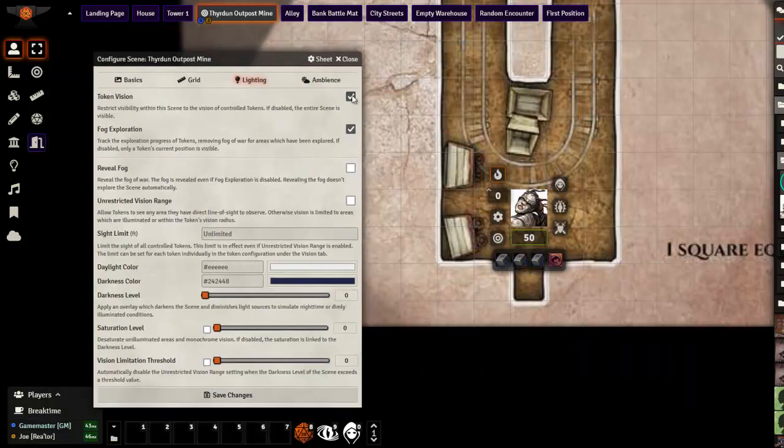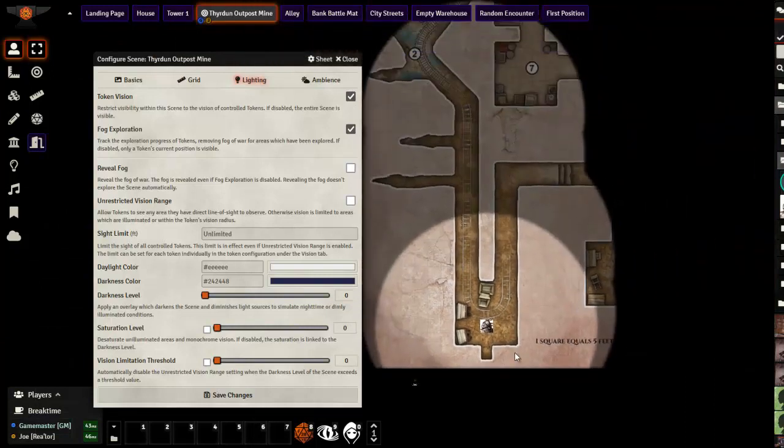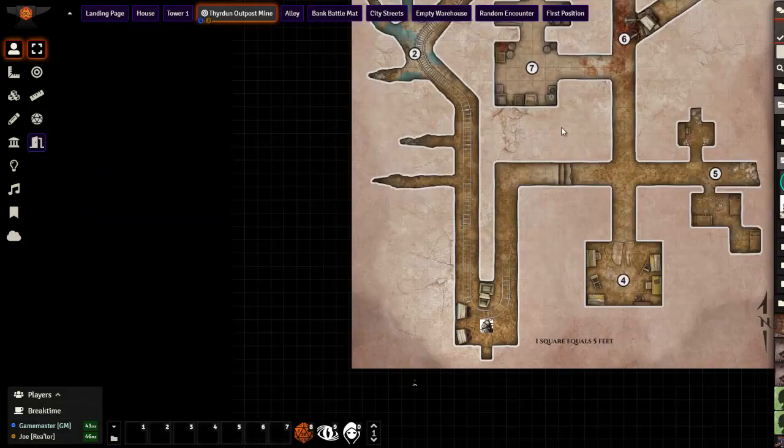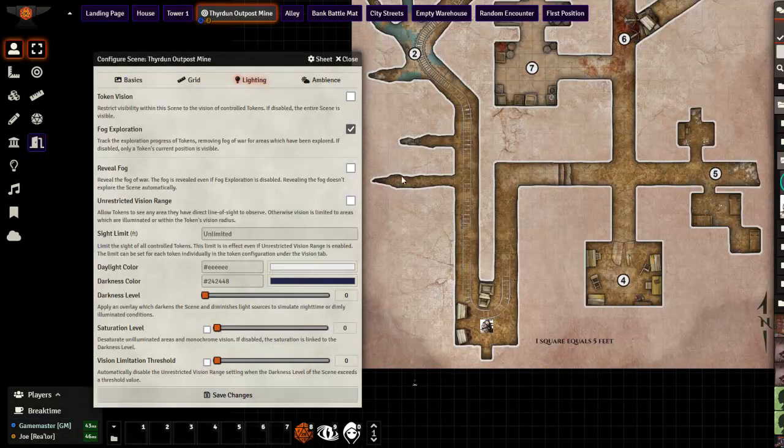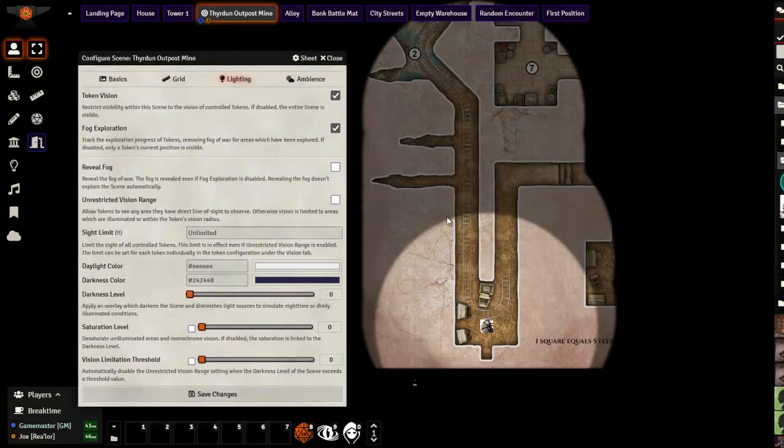So if we have this checked, now when I click this, it has that vision. If I uncheck this, that doesn't matter. The whole map is revealed to us. Okay, so we're going to check that. Fog exploration. What that means is basically, if I have this guy selected here, let's hit save again. So you can kind of see now, since I moved my character up, this area here that's dark, I've explored this area and revealed it. So it's going to save it. If I uncheck that and hit save,